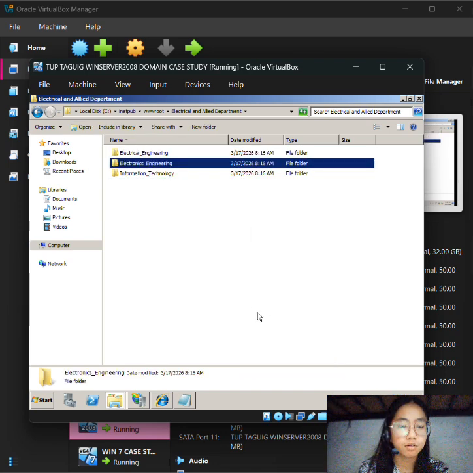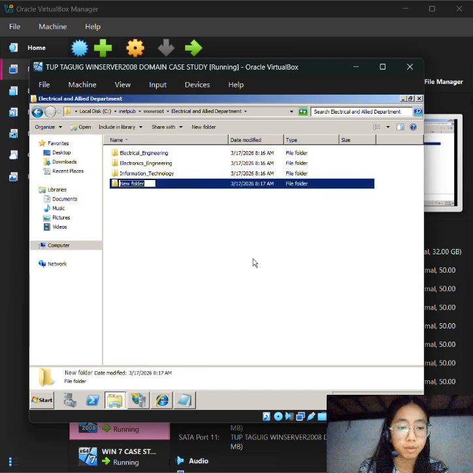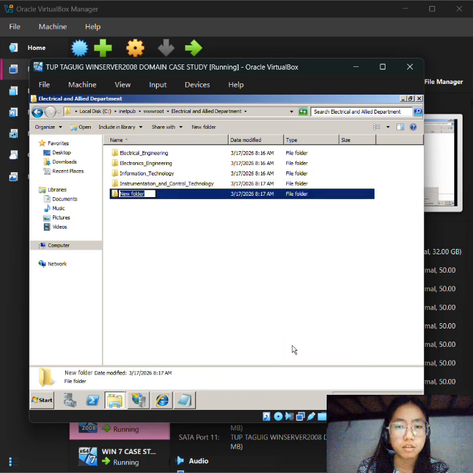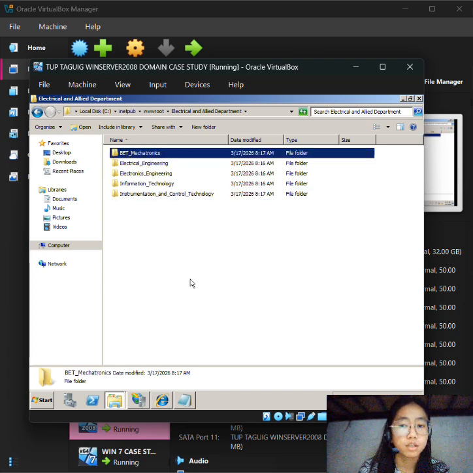Now I configured all the departments and their subdirectories. Each contains a simple web page that represents all the courses for its respective department.